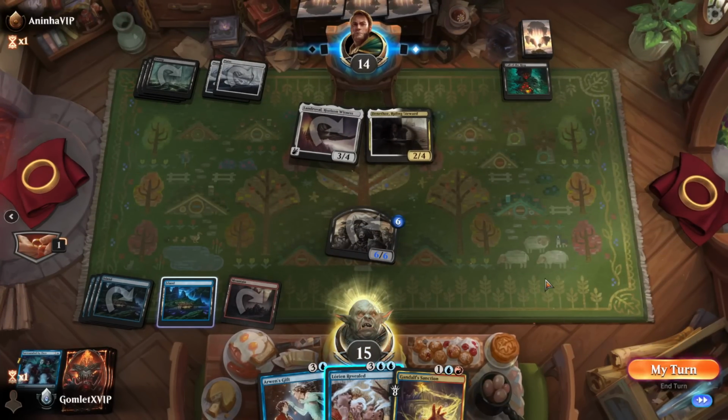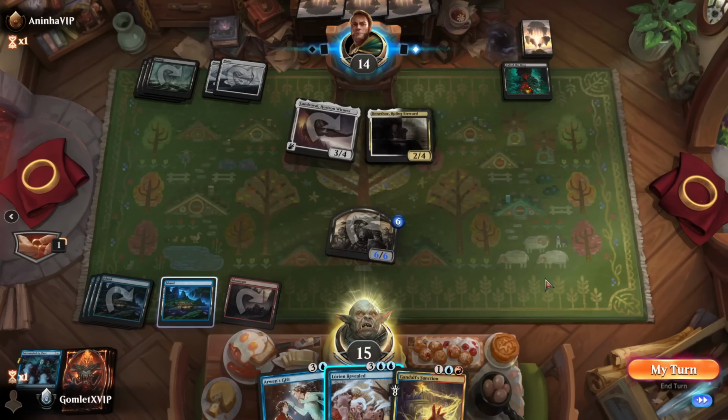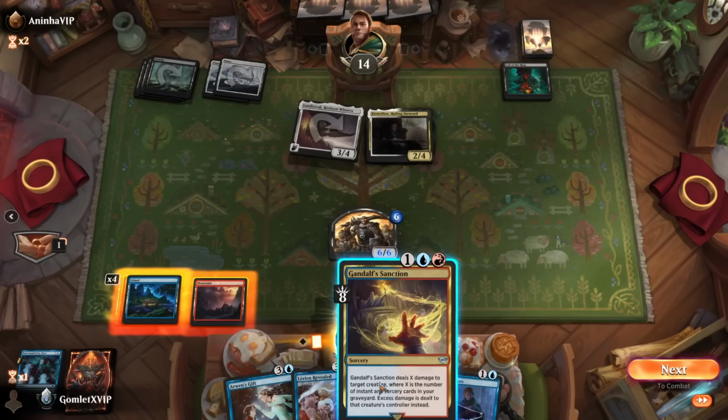Am I going to want to just Sanction the Denethor and send in with my 6/6? Probably. So if I Sanction it right now, I deal 4, then attack for 6, they go to 4 life total. I think that's worth it. I've got 3 more copies of Gandalf's Sanction in the deck as well. I'm going to hold on to Lorien Revealed so I can play all these draw...